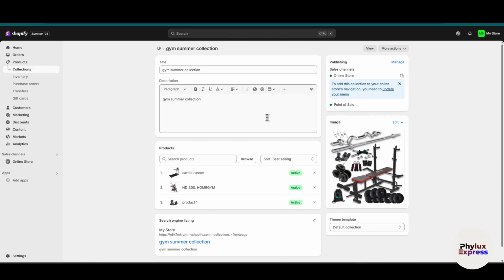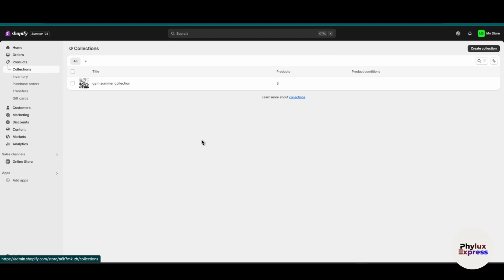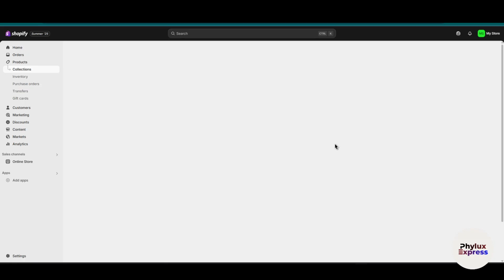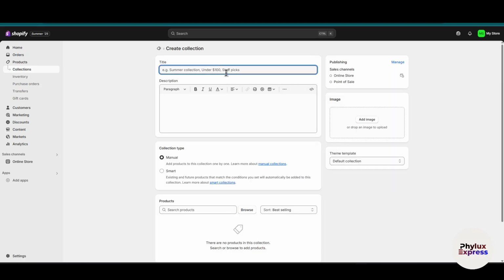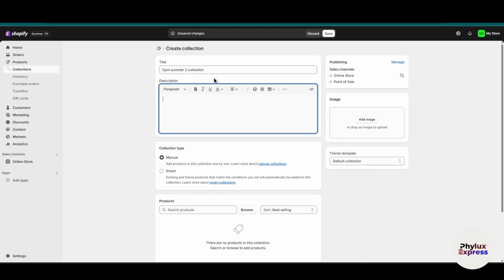Now let's create an automated collection. First, again, go to product and then collection and click on the create collection. So let's move to click on this collection. In the top right corner, you have create collection option. Click on that. After that, you have to give a title. Let's say gym summer 2 collection. Now you have to enter the